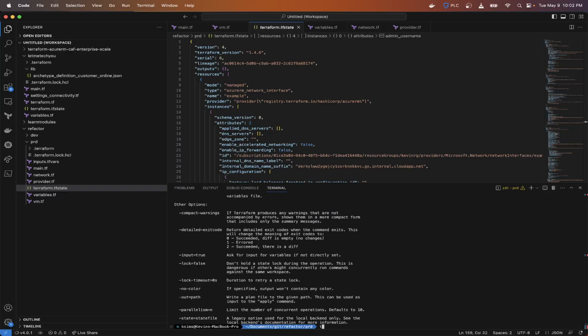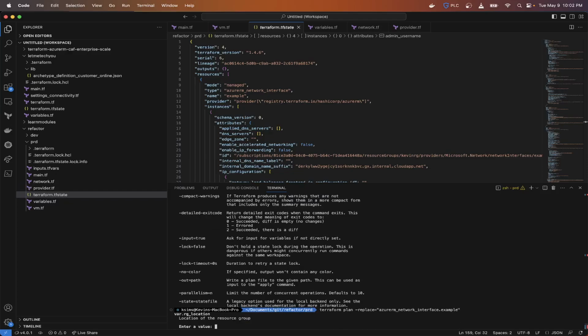So what I want to do is a Terraform plan. Let's do a replace equals, and what I'm going to replace is the network interface. So I'm going to do azurerm_network_interface.example, which is the name. And then, this is because I didn't put my tfvars in there. So for the value,